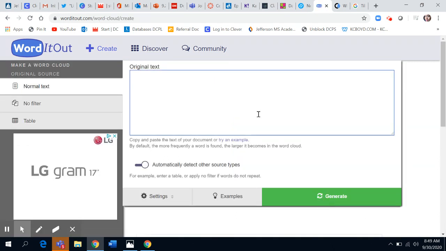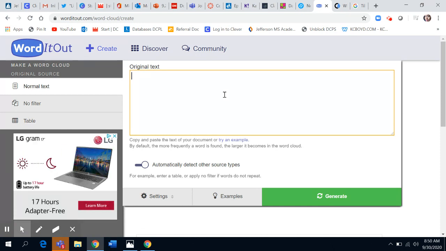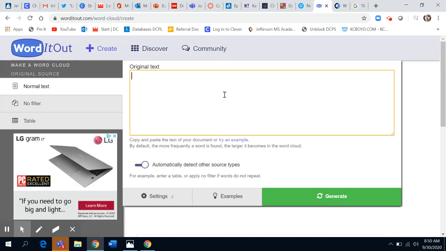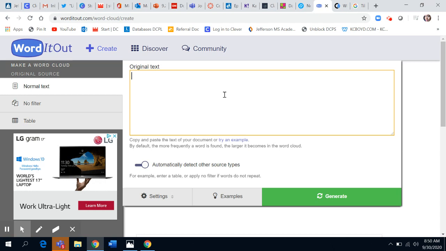Now we're going to start entering text into our generator. We're going to use Jefferson Academy as an example. In using Jefferson Academy, you notice that Jefferson Academy is two words. We need to put a special symbol between the two words of Jefferson Academy to ensure that it appears all on the same line. So we're going to type in Jefferson, and then we're going to insert what's called a